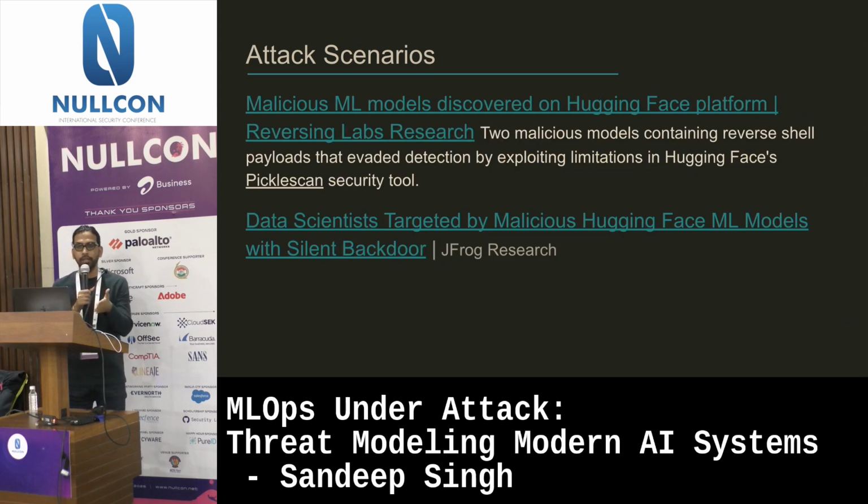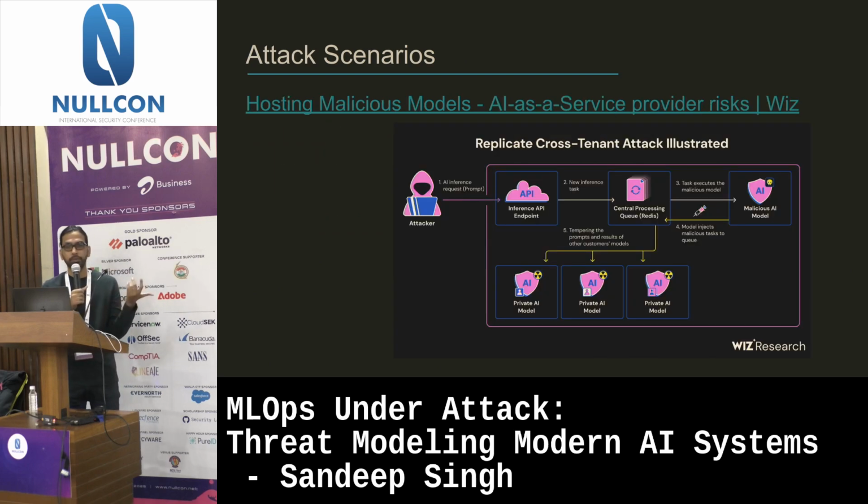Just a week ago, after this Wiz work, Hugging Face implemented a bunch of controls. Even if there is a data set hosted on Hugging Face, a data set is supposed to be CSV, XLS, these kinds of things. You can put a Python file there, and if you download that data set, it'll execute along with it. So they built some controls around it to not auto execute. They also have a Pickle scan module now in Hugging Face, wherein if you upload a Pickle file, it'll automatically scan it to check whether the code is going to execute, and it'll give you an alert.